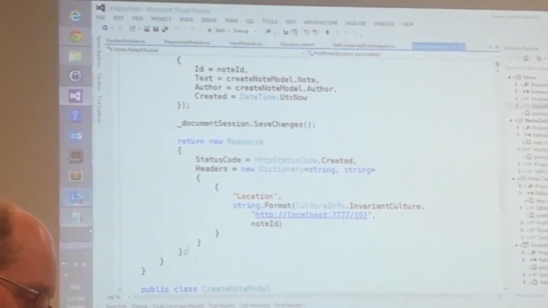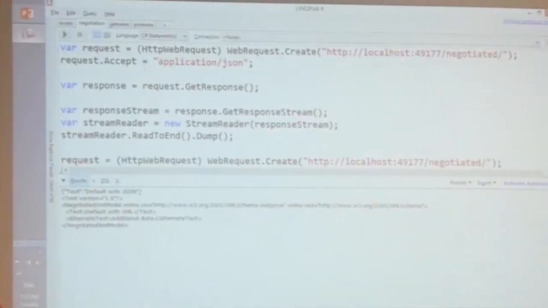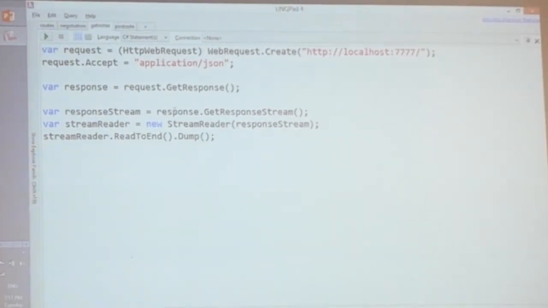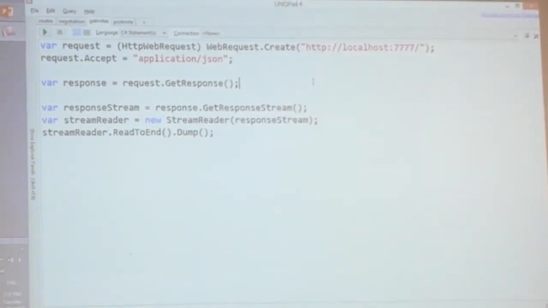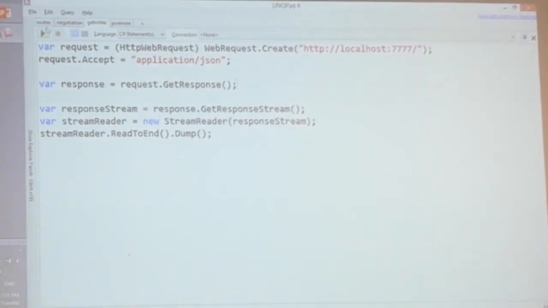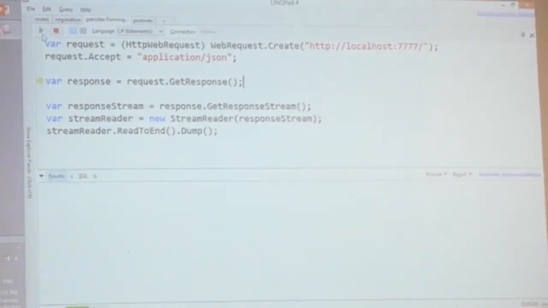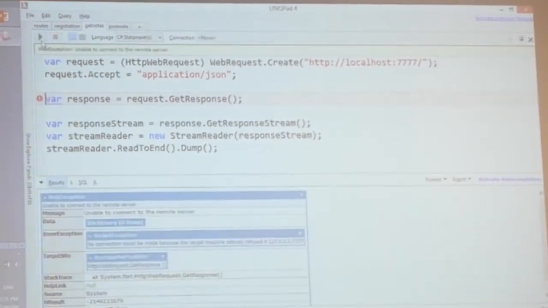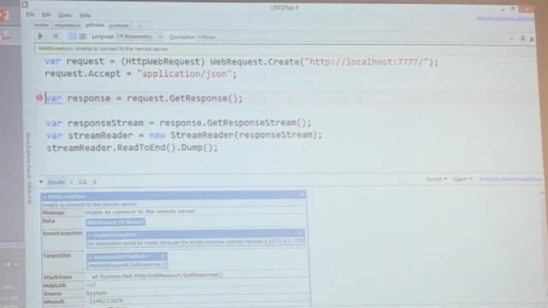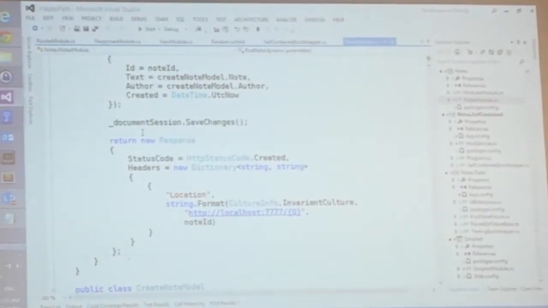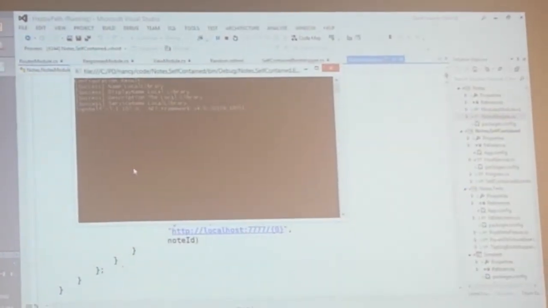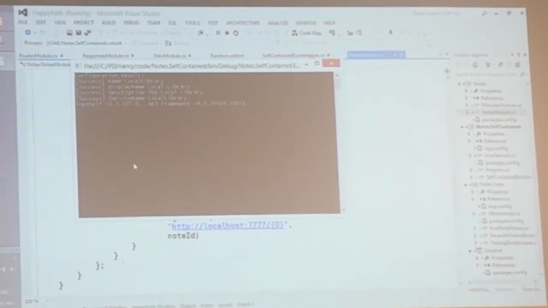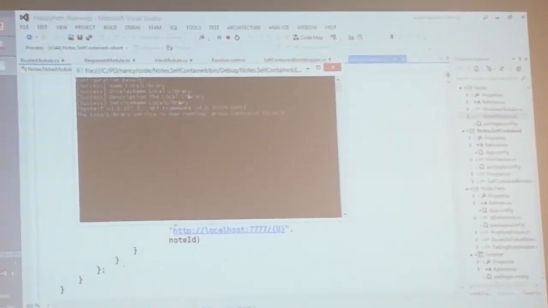Our awesome user interface for this is over here again in LINQPad. So first up, I want to see what notes I currently have. Let's hit the magic button. All right, so nothing's happening at the moment because I've hit a breakpoint, have I? Start right now, forget it. Oh, you didn't start it? I didn't start the app. Self-host. It would help if I started. So there's my self-hosting, and now the service is running.